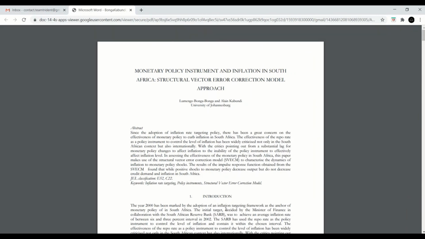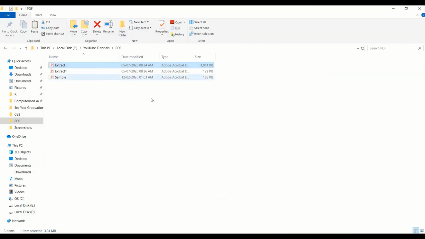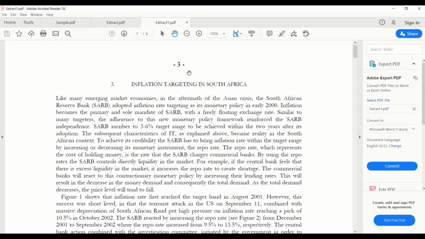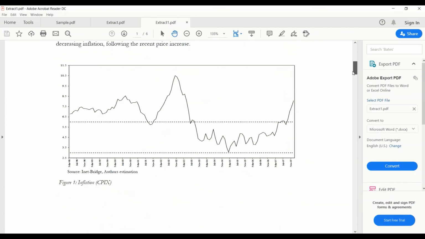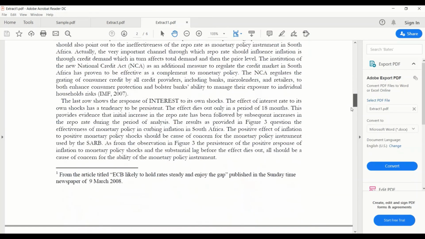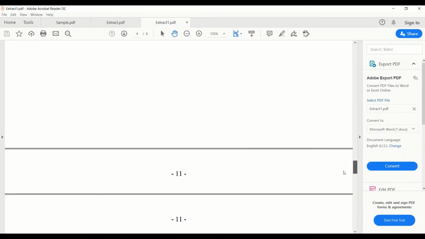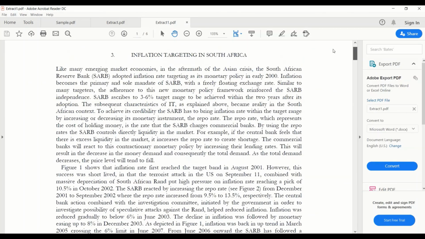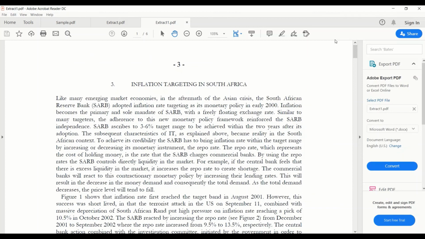The Google PDF viewer is quicker than Adobe Acrobat Reader, as per me, so it has already saved it over here as extract 1. When we open it, we can see that we have this single standalone page 3, and after that we have pages 8, 9, 10, 11 and 12. So it is exactly as per our needs. Similarly, you can extract as many pages as you wish. This is a very simple procedure and may come in handy at times when you want to restrict your file size.